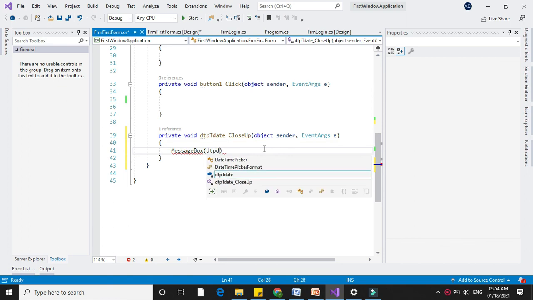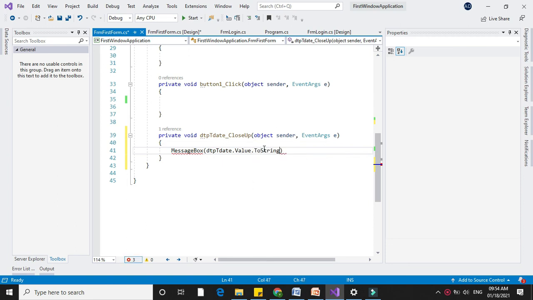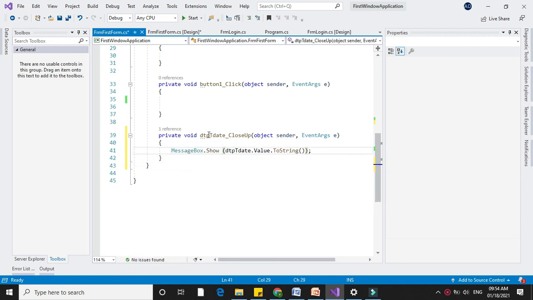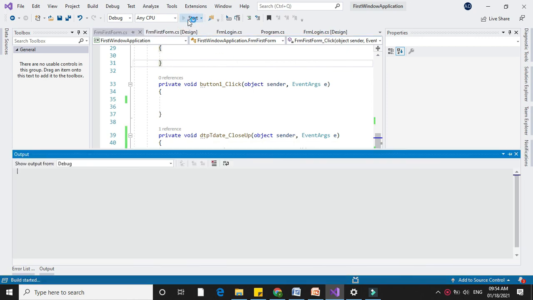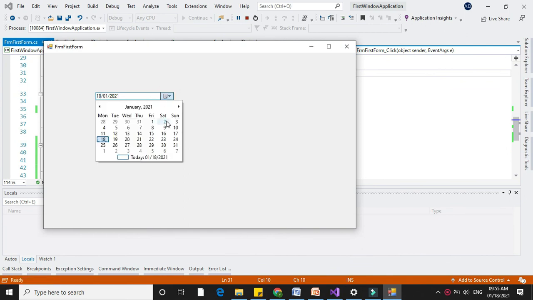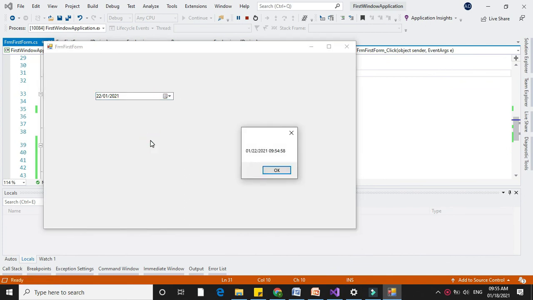So dtpTDate.Value.ToString in MessageBox.Show. And when I run, I will open the calendar, I will select the date, and while closing it, it will display the current date. That is the CloseUp event.